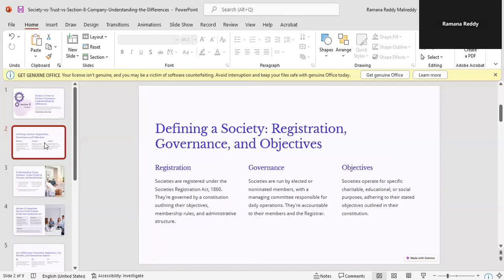They are accountable to their members and the registrar. Objectives: societies operate for specific charitable objects like educational or social purposes, adhering to their stated objects outlined in their constitution.